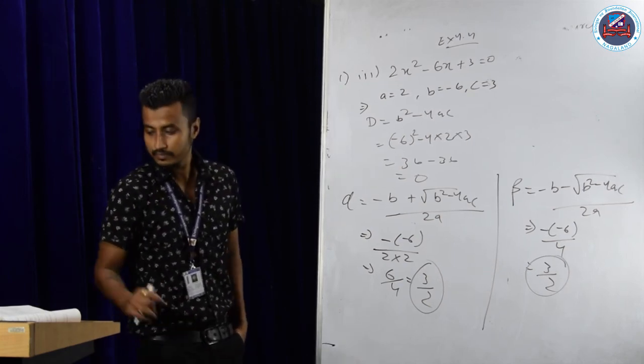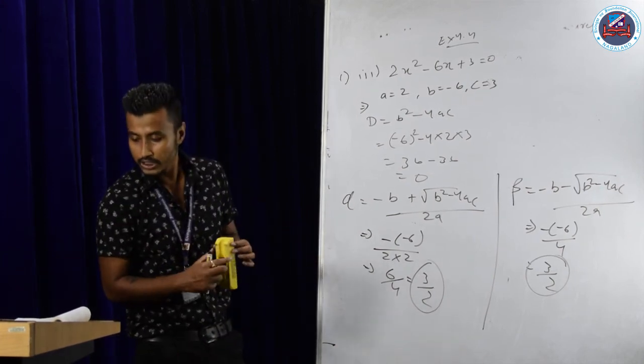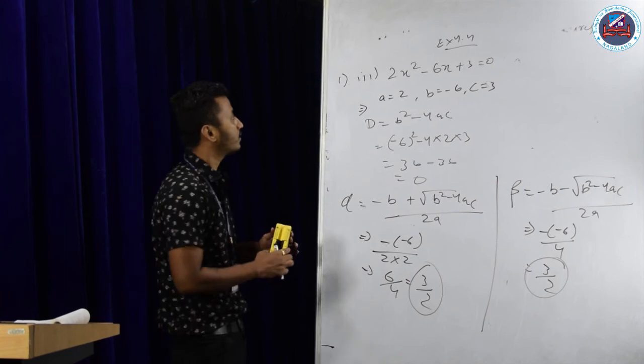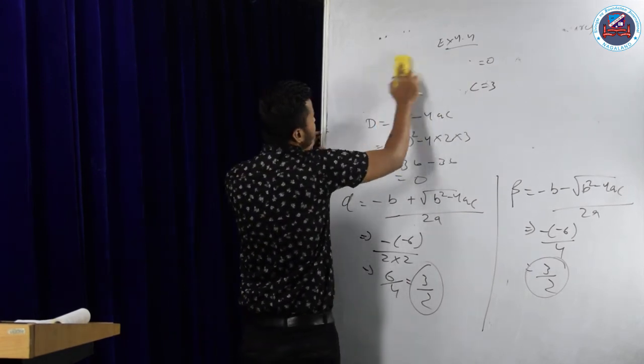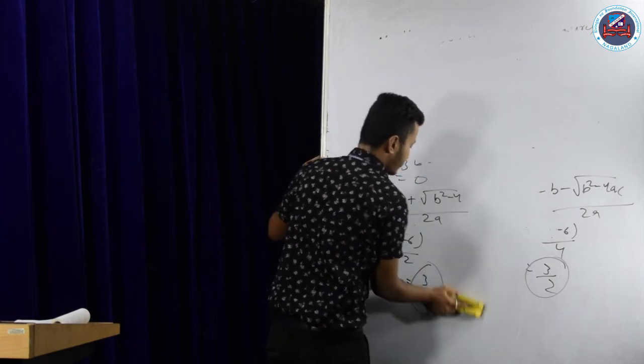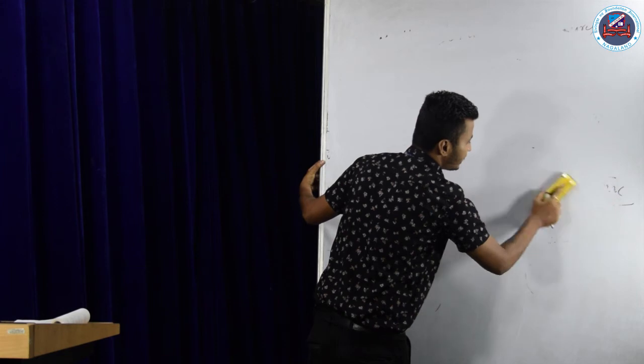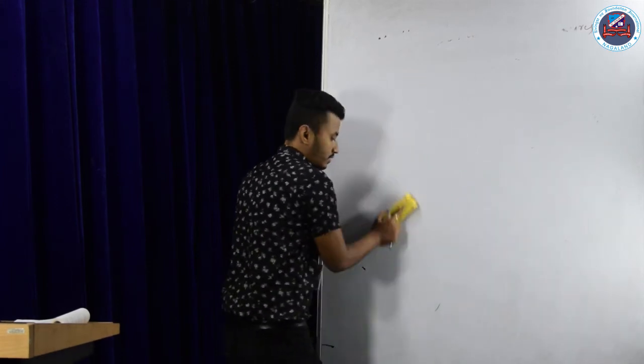Okay guys, done? Let's try to do question number 2. Now see, please mark question number 2 as a very important question. Every year in CBSE final exams, the board has given this type of questions. You have to find the value of k. It's a very simple type of question, don't worry.